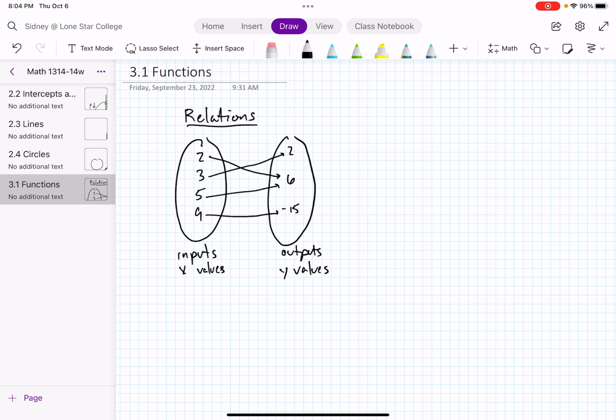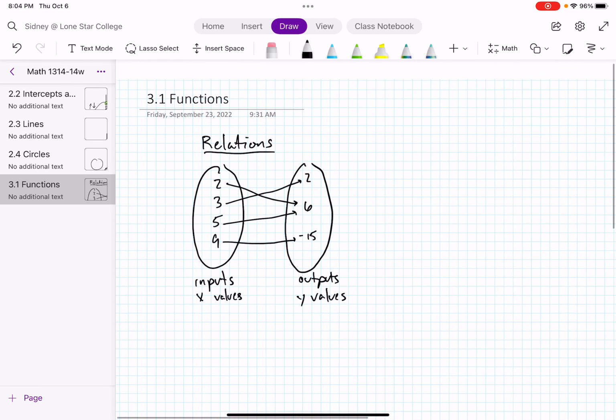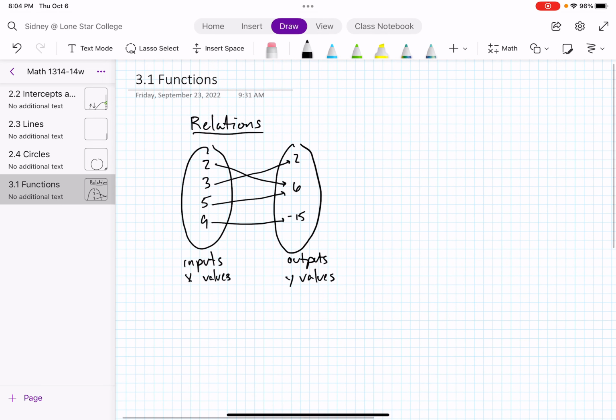But the input of 2 corresponds to an output of 6. The input of 3 corresponds to an output of 2. The input of 5 corresponds to an output of 6. And the input of 9 corresponds to an output of negative 15. Now, I don't know exactly what defines this relationship, but there is a relation that exists between these inputs and